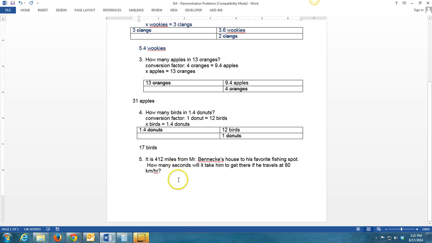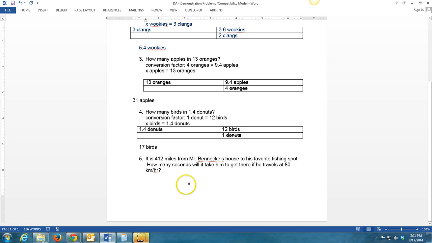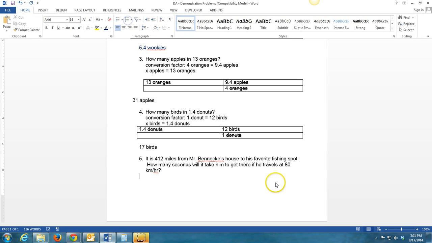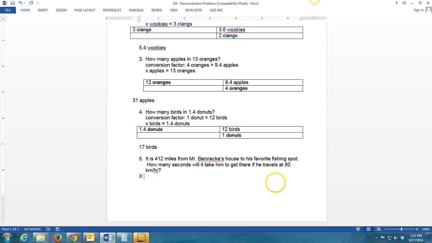Okay? All right, last one's a little harder, so let's think about this, read through it. 412 miles from Mr. Benecke's house to his favorite fishing spot. How many seconds will it take him to get there if he travels at 80 kilometers per hour? So the question that we're asking here is X seconds equal